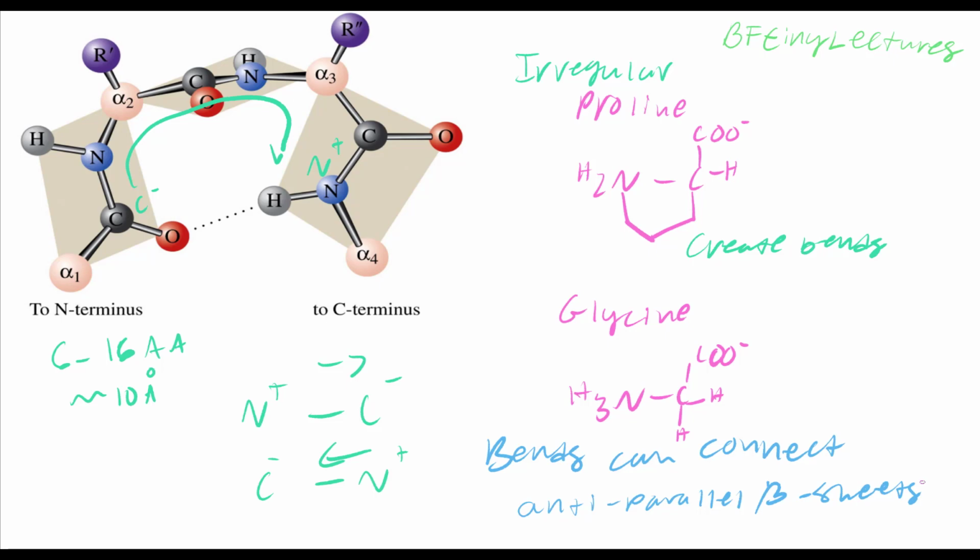Okay, and of course that can actually change how the beta sheet is read. Okay, how you read it. So the specific name right here would be called a beta bend or a hairpin